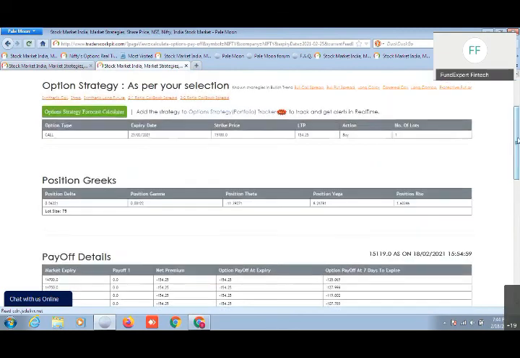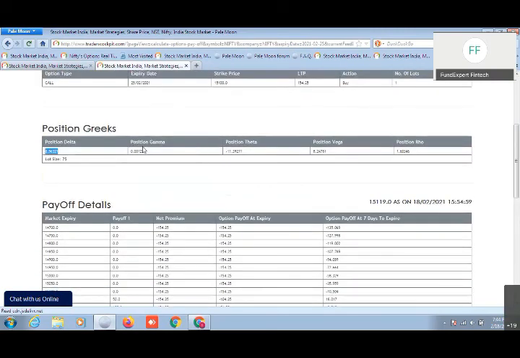Suppose if you want to know what is the delta value of 15,100 call option currently. So the delta value is how much? 0.56, right? These different factors like delta, gamma, theta, vega, rho, they help you to calculate the option premium values. I'll give a simple example. For example, if I am to explain what is this delta, option delta. Now delta is nothing but the rate of change of premium for every 1 rupee rise or fall in the underlying script. So if my Nifty goes up by 1 rupee, my delta is 0.56.